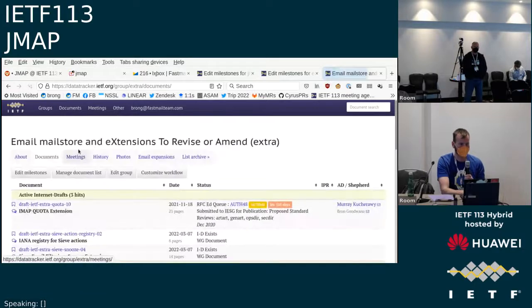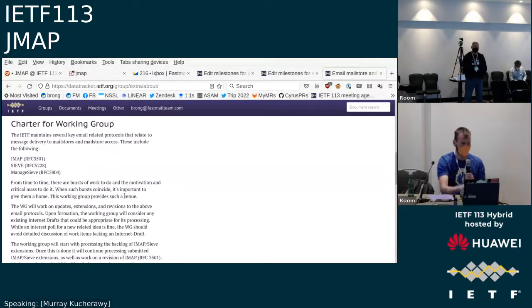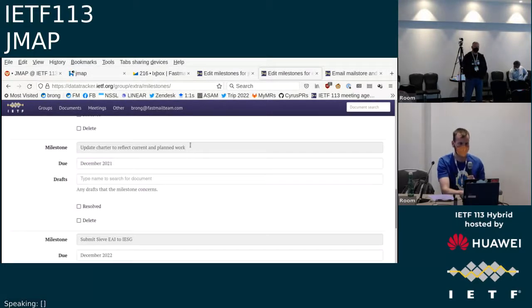Right, the data tracker loads. I was just looking at it. What do we want to cover that's not in there already? This was more whether we were going to take on the other email-related stuff, the stuff that was brought up in dispatch this morning. This was before EMAILCORE started. I think probably that whole question will either just close the update charter here, delete it, and work out what we want to do later. Yeah, I don't think we have to include an updated charter as a milestone, so that's fine to delete.